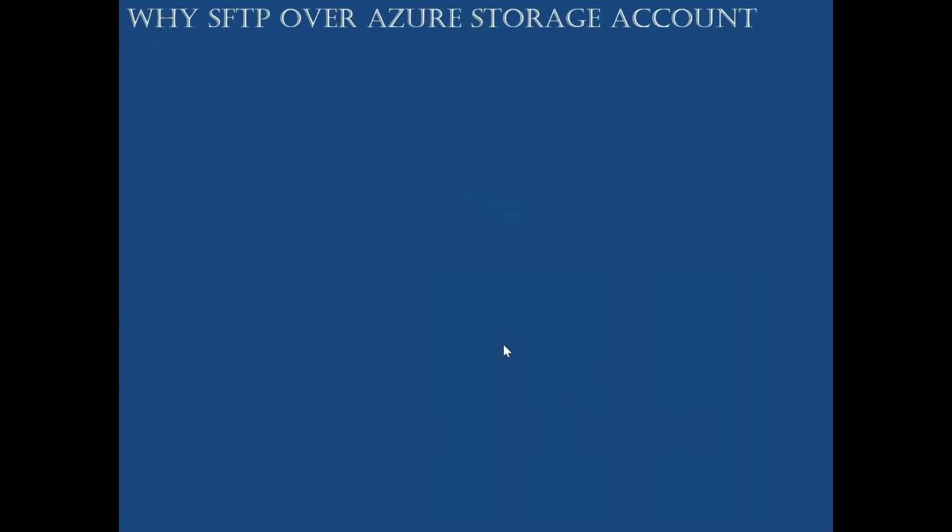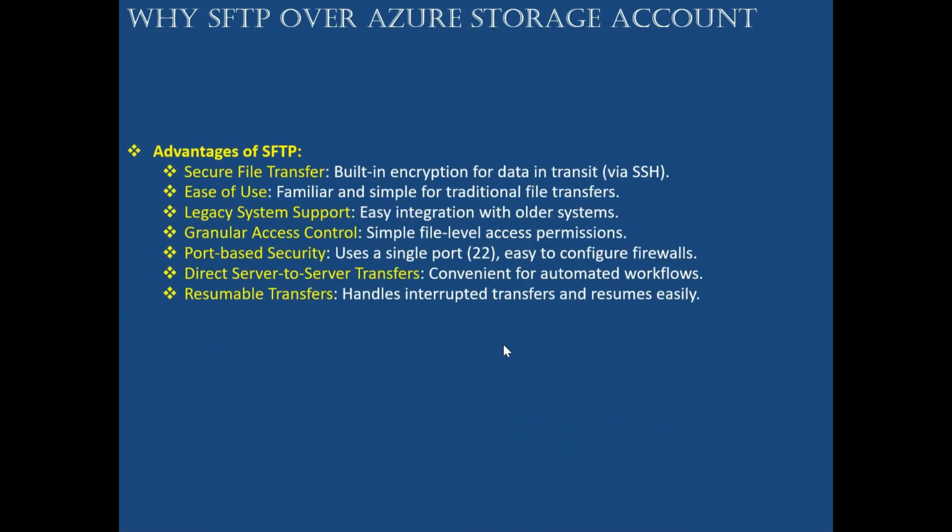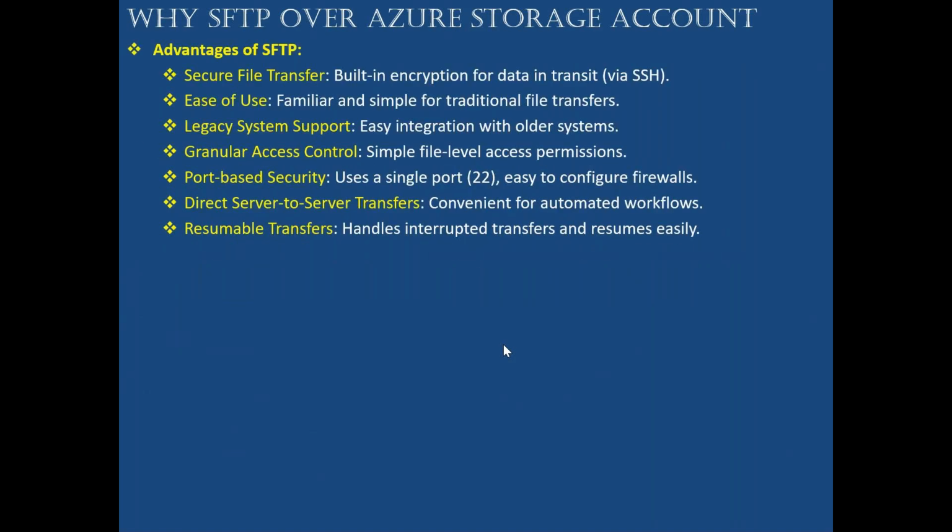Why SFTP over an Azure storage account? Let's see the advantages. Secure file transfer: built-in encryption for data in transit. So when you are sending the files, by default the data will be encrypted. Ease of use: familiar and simple for traditional file transfer. Before the cloud, we were using SFTP only to transfer files securely. Legacy system support: as I mentioned before, in the cloud we are using this SFTP. So almost all legacy systems